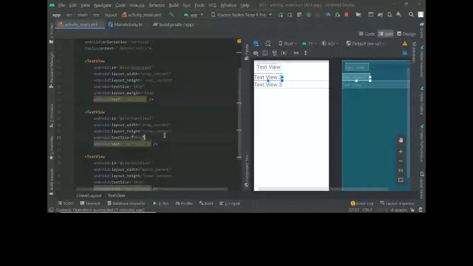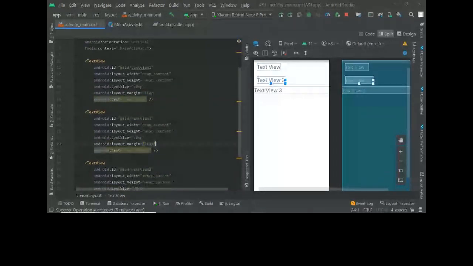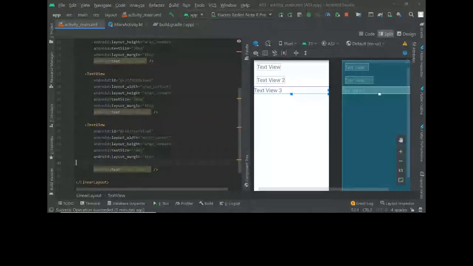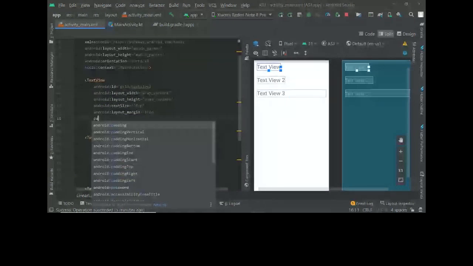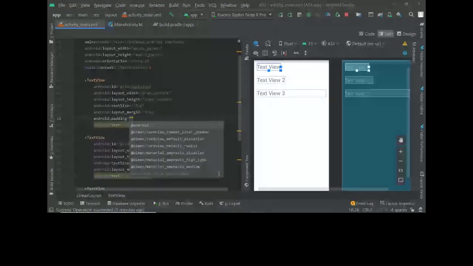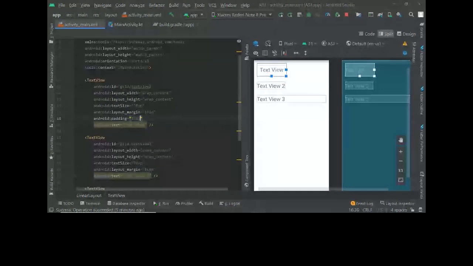I can do the same thing here as well. And there's another attribute called padding. If you say padding is equal to 16 dp, you can see the difference, right? Margin leaves space outside of its boundary.